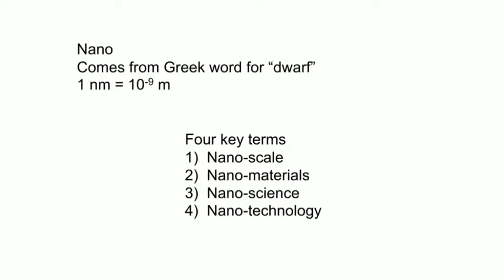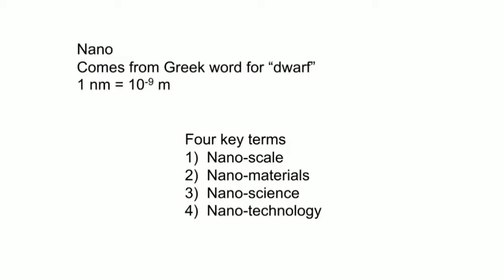So 1 nanometer is an unknown distance for you right now, and if you want to know how small it is compared to 1 meter, then 1 nanometer is 10 raised to minus 9 meter. I hope you got it. So the term nano is nothing but small. How small is it? It is 10 raised to 9 times smaller than a meter.